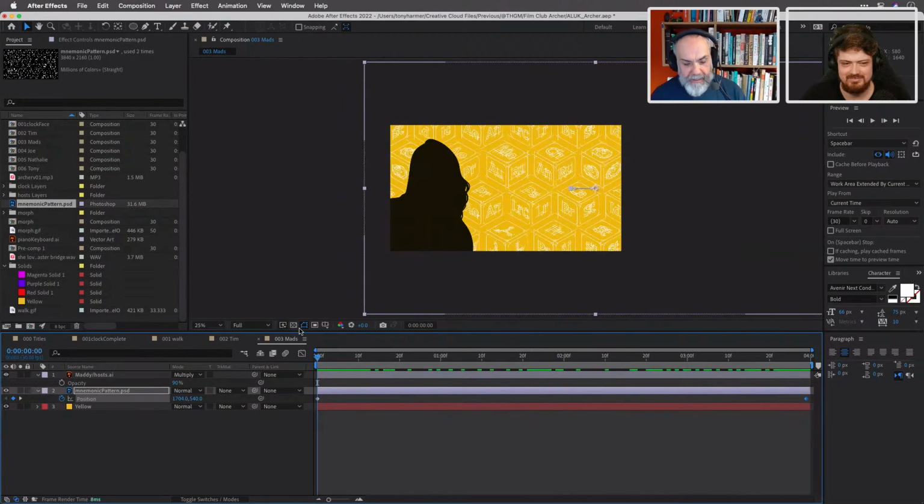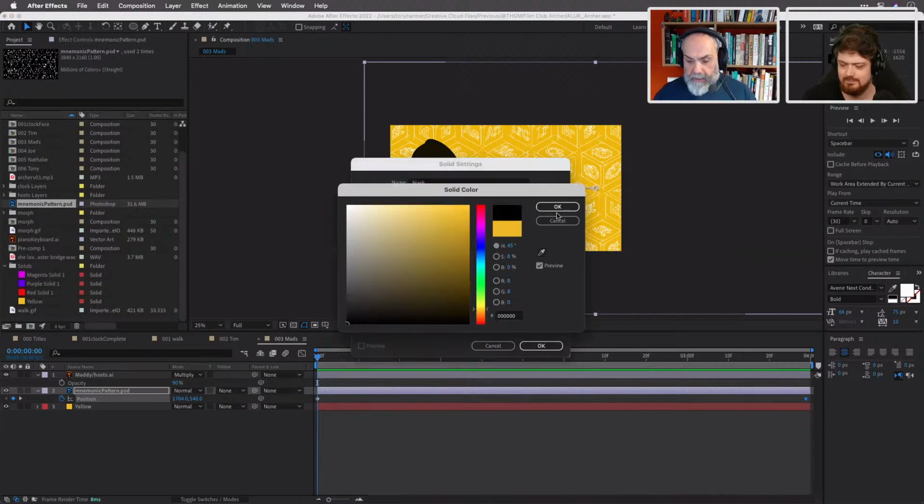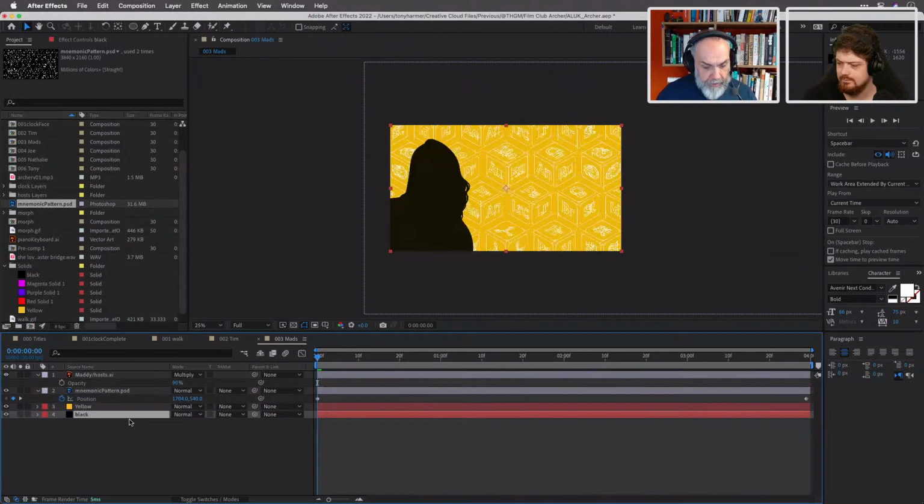Okay, that bit's working for the minute. That is all we need at that particular point. Just there. Super groovy. Now, something else we could do. Actually, have I got a black solid in there? No, I'll add in a black solid. So I'm just going to get a black solid just down like that, like so. Okay, I am going to add one of those down at the bottom.